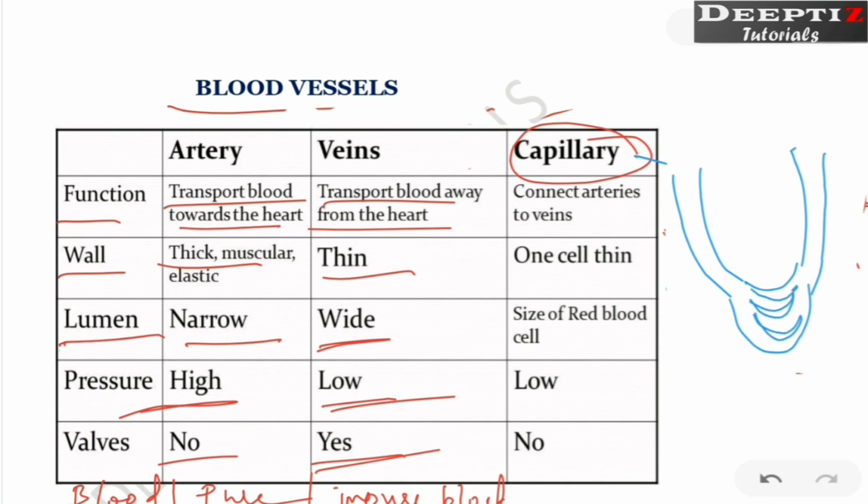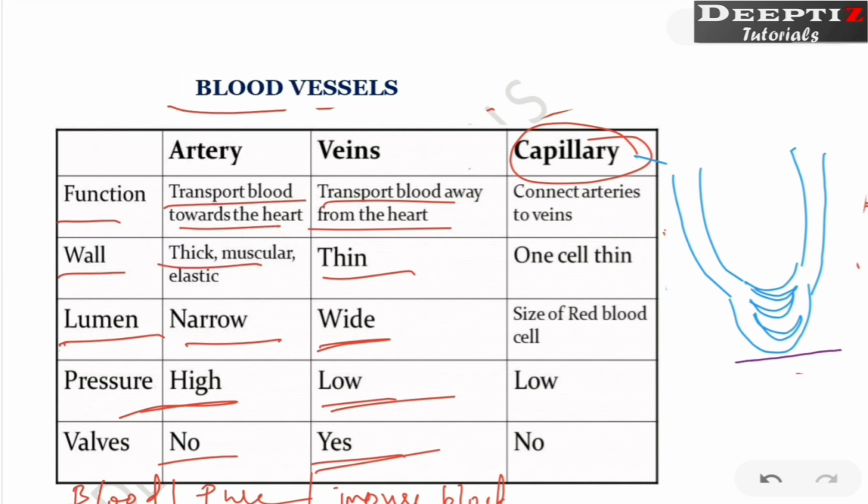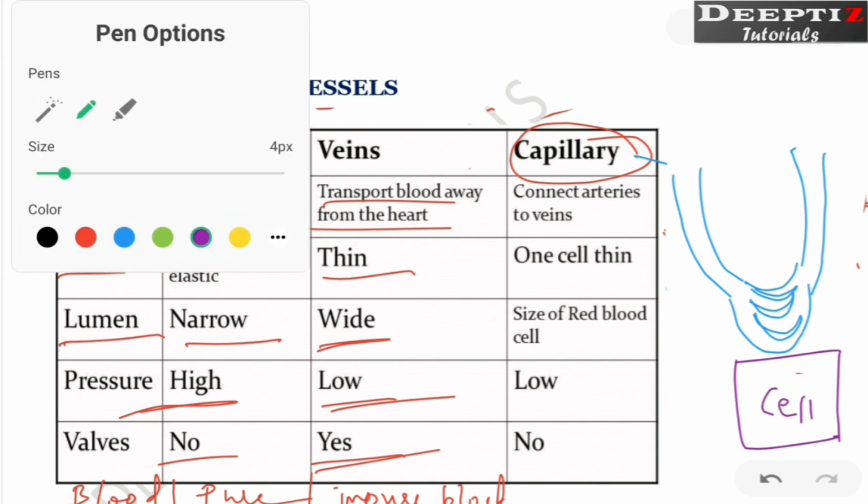What does this structure indicate, you know? This vessel got divided into smaller parts, and to these smaller parts, what happens? Here is a cell. Just imagine it this way. Now what happens here is that